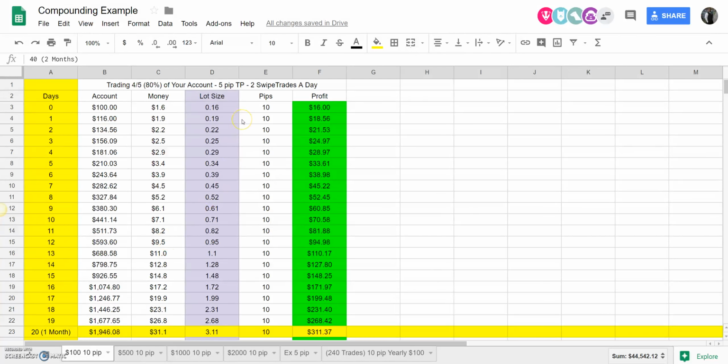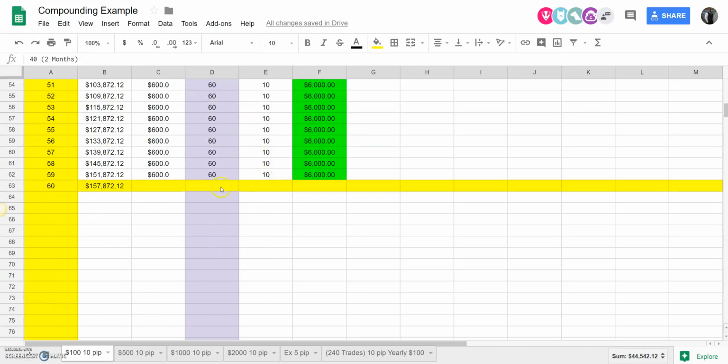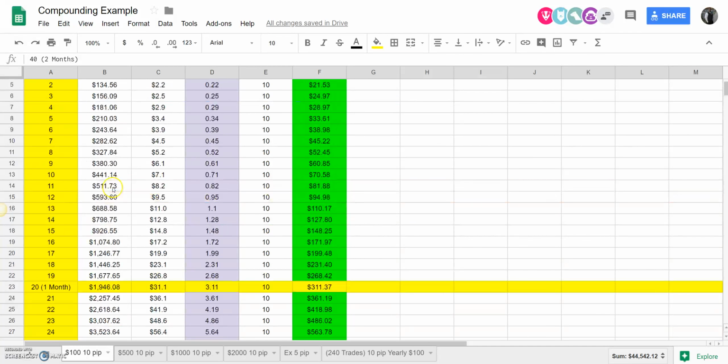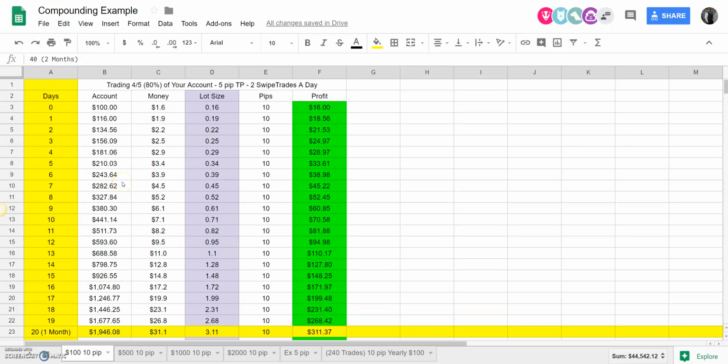If you simply take one trade at a time, 5 pips at a time, 2 trades a day, you will take $100 to over 100K in a 90-day period. The way you can move faster on this strategy is by adding more money. So for example, let's say you start at the $100 mark, you see that it's working, you're progressing, and then you get to 200 bucks and you say, you know what? I really want to go faster. Well, you can